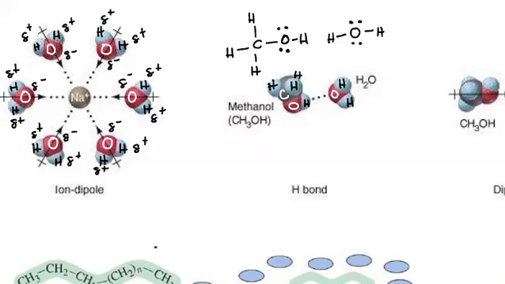Remember that FON is F-O-N. It's because that hydrogen must be bonded to fluorine, oxygen, or nitrogen. So now, because these molecules have those parameters, then we can say the H bond, that we can see illustrated here,